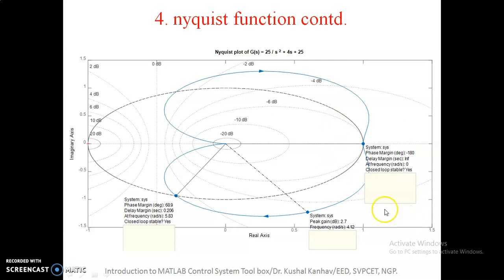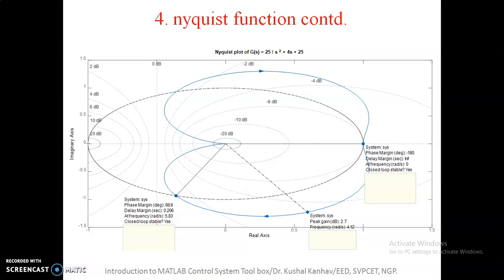So you can see that we have used the same function for the Bode and Nyquist plots. From both the plots we have obtained the same result, that the system is stable. In the earlier case also we got the result that the system is stable. So this is all about the Nyquist function.